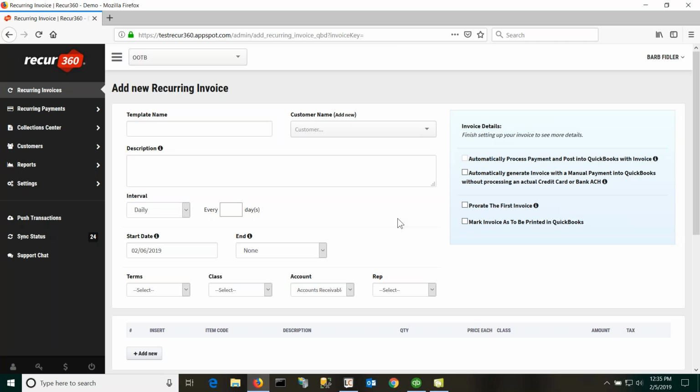In QuickBooks currently, when you set up a memorized transaction, you have the ability to generate that memorized transaction in advance of the invoice date. And that was something we did not have in Recur360. So a new option that we're going to be adding for a future release is the ability for you to